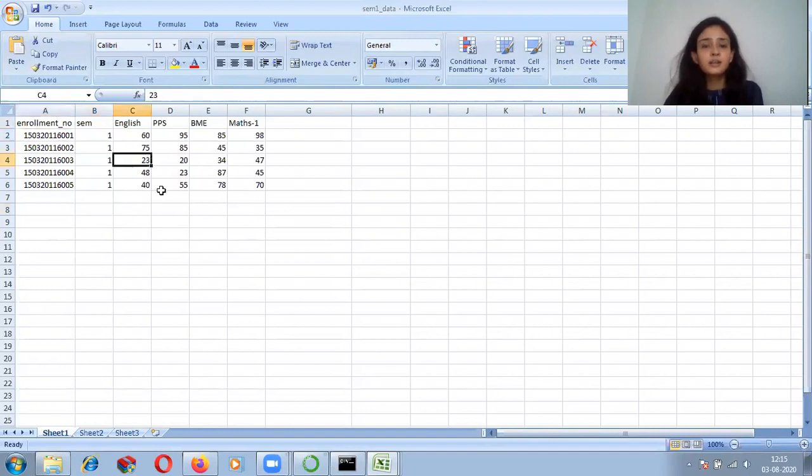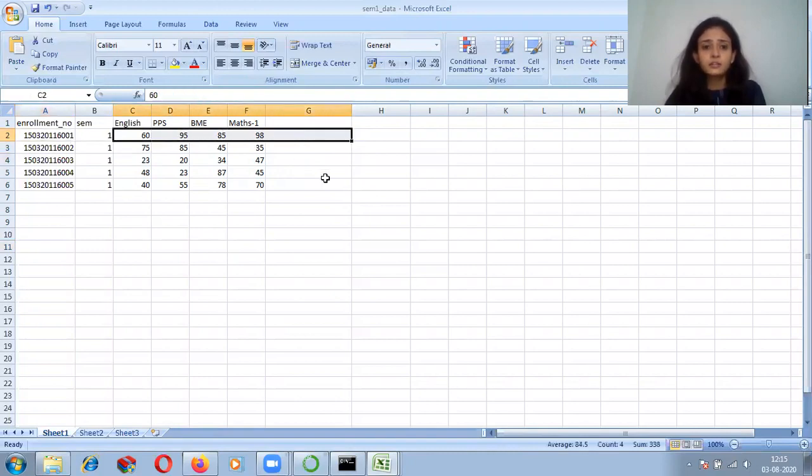So over here, this is my SAM1 underscore data, that is my Excel sheet. Over here, I have given the enrollment number, the semester, so I am writing SAM1 and I am writing 4 different subjects, that is English, PPS, BME and Maths 1. So this particular student having the enrollment number like this, that is at last the 2 digit is 01.